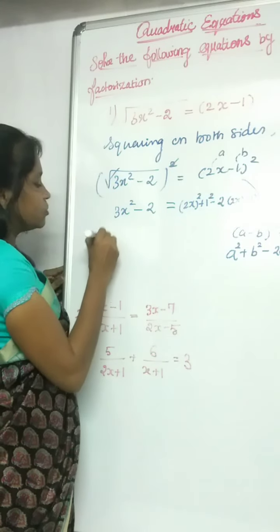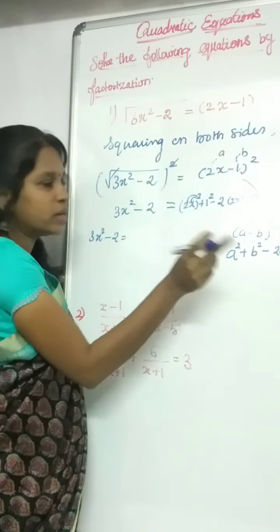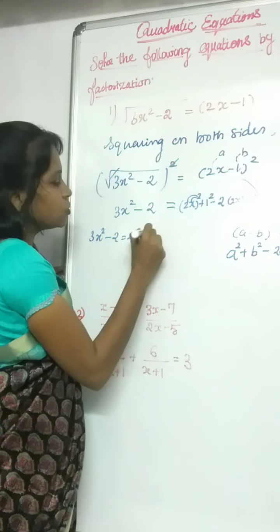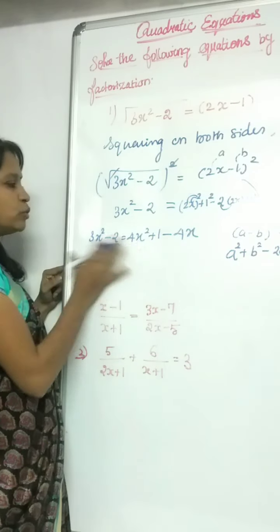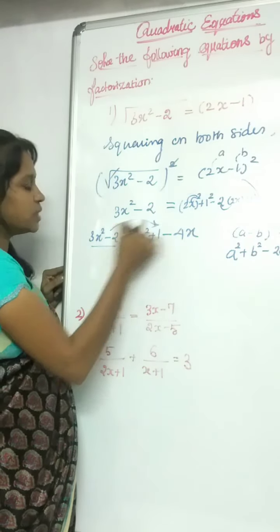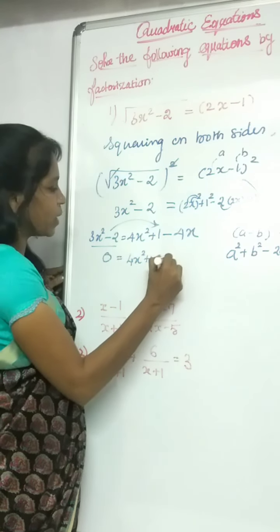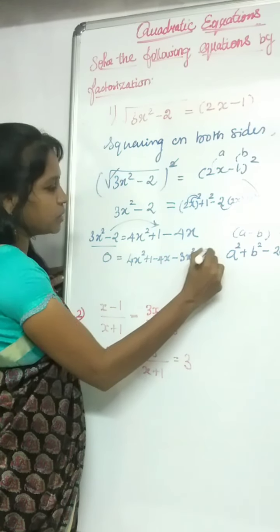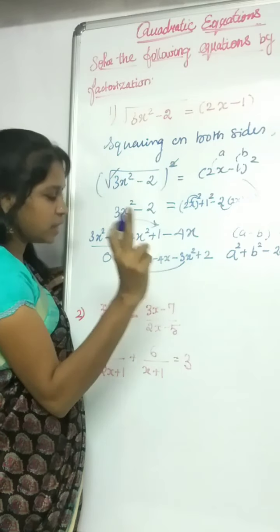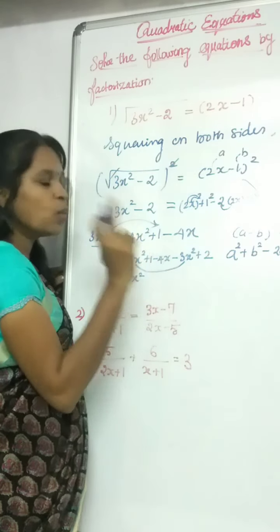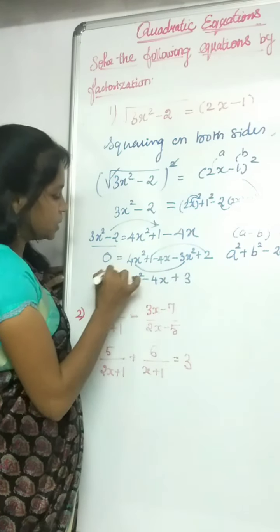And now 3x square minus 2, and the 2 you have to give for the coefficient as well as the variable. 2 2s are 4, 4x square, 1 square is 1, and minus 2 2s are 4x. And you have to bring everything to one side. Just transpose this side. This will become 0, and 4x square plus 1 minus 4x minus 3x square plus 2. And we have the x square term, so 4 minus 3, which is 1. So x square, and we have only one x term, that is minus 4x, and 1 plus 2, it is 3. That is equal to 0.